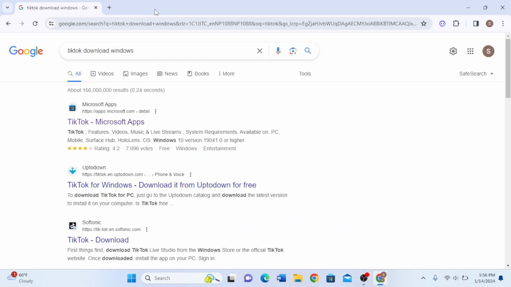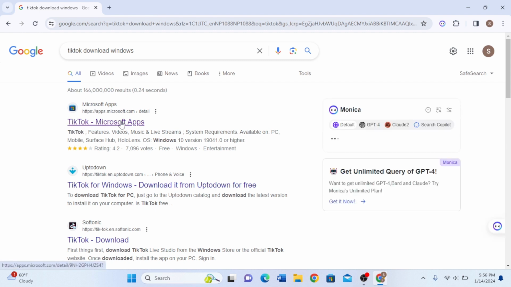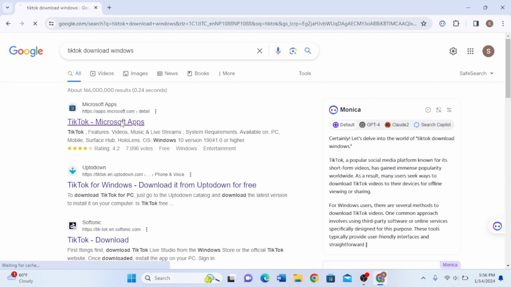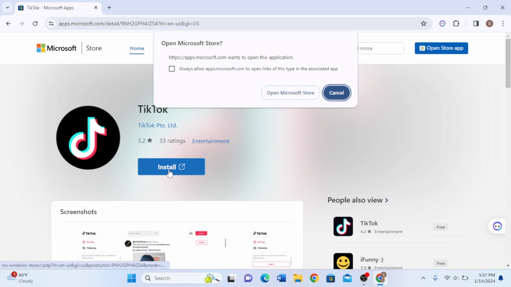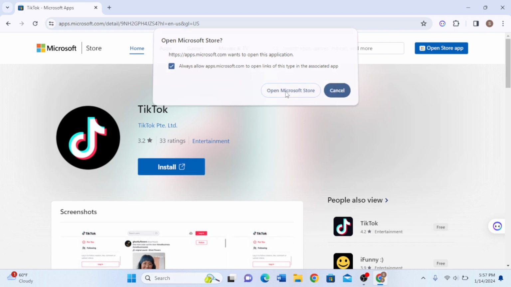And we could see from the search results the top option that says TikTok Microsoft apps. Click on that option, and we could see the logo of TikTok, and just beside it there's an install icon. Tap on that, and here we could see there's another option that pops out. Click on this box and click on open Microsoft Store,